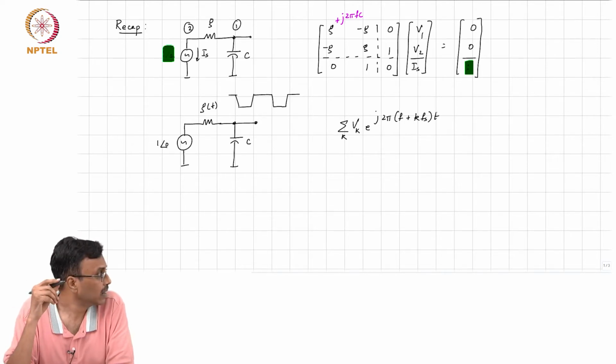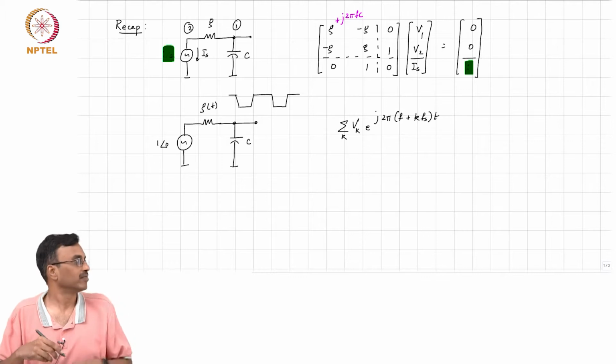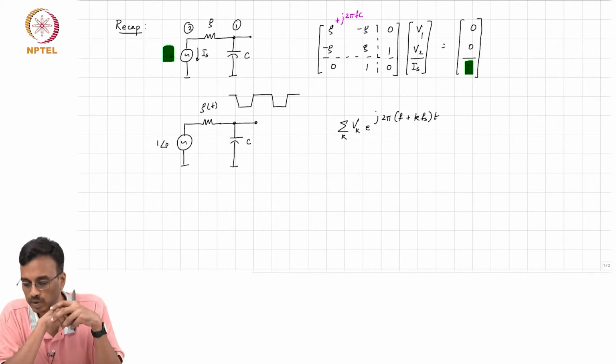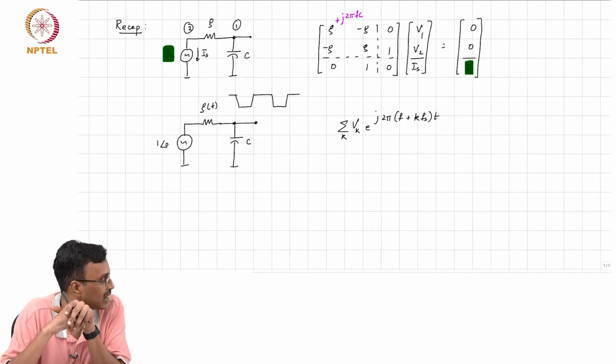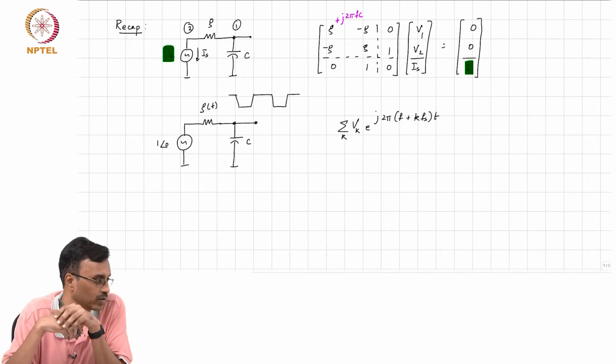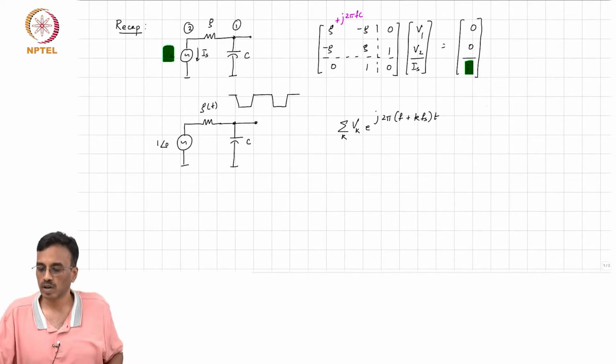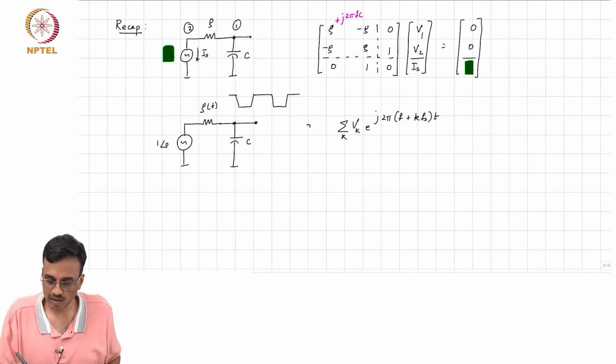And if we assume that for sufficiently large k, perhaps this Vk becomes so small that you can neglect it, then you denote this branch voltage,